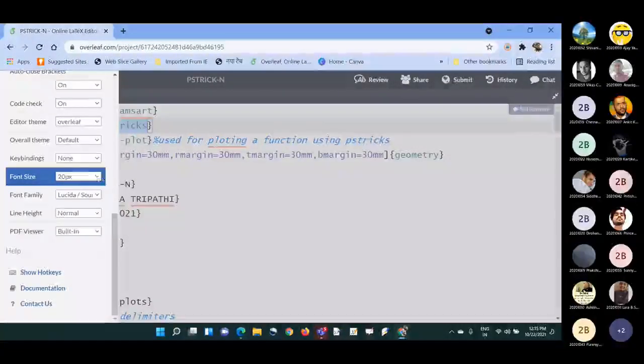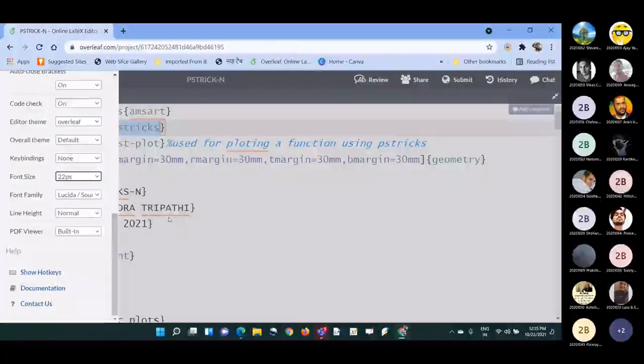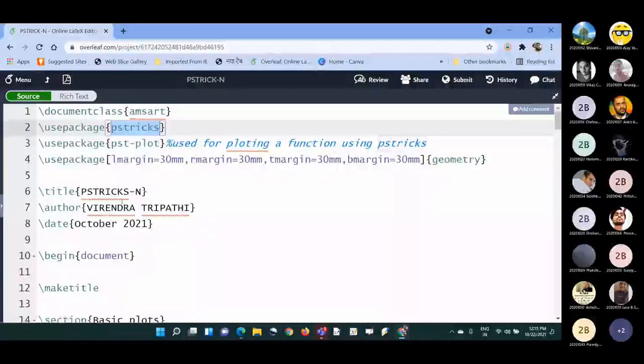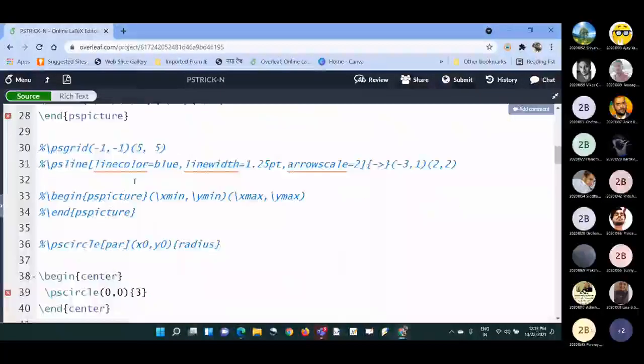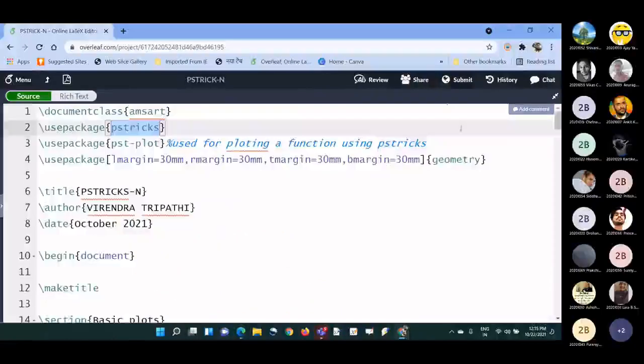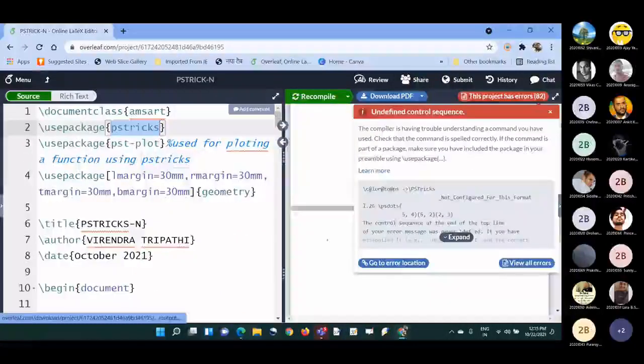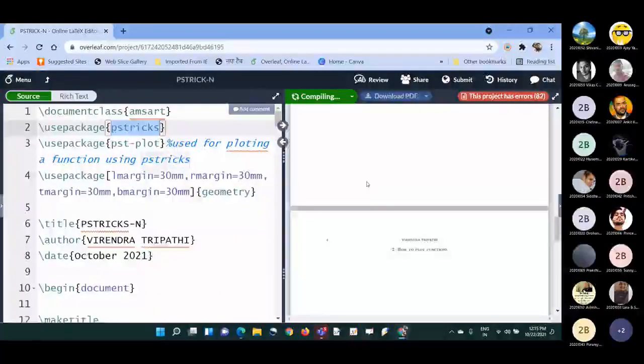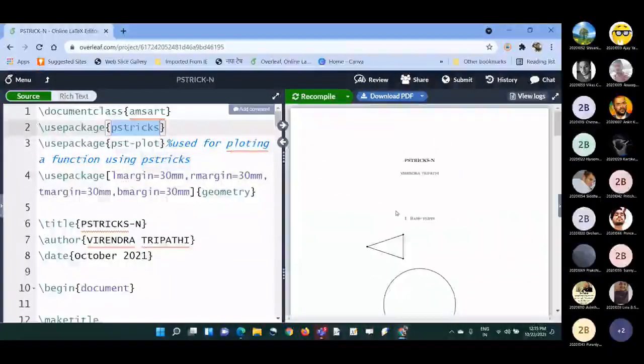You can enhance the font size from here. I'm keeping 22, but this will not affect the output. Fine. Let us recompile it. So you have to change the compiler from PDFLaTeX to LaTeX.